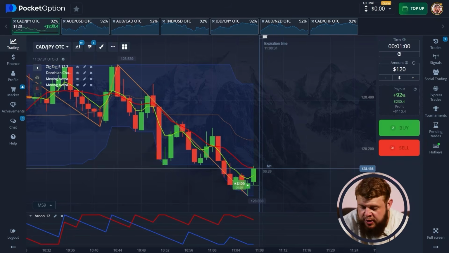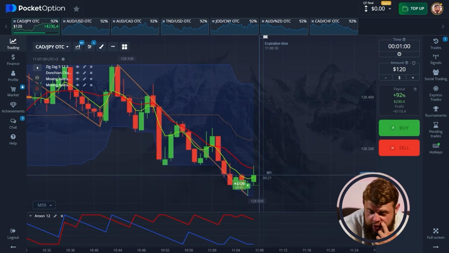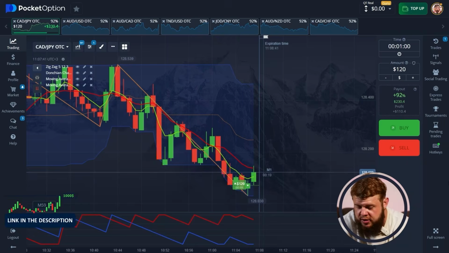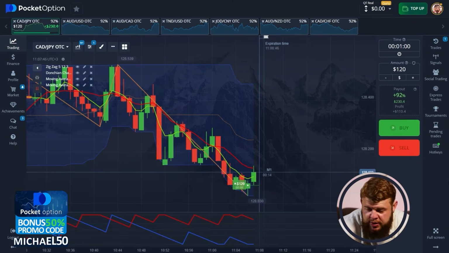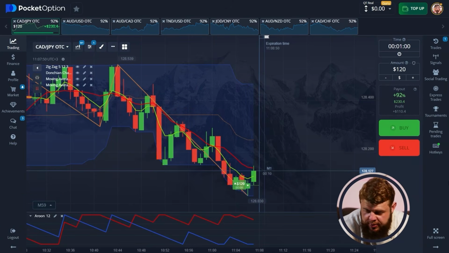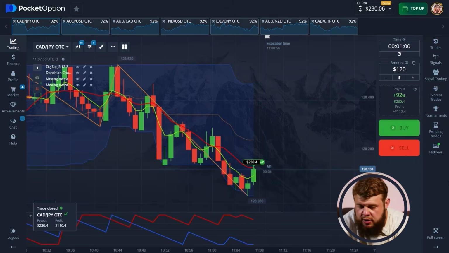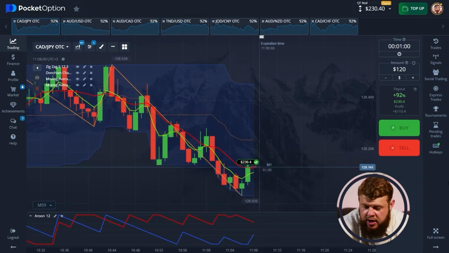And as you can see, immediately when we invested our money, price started showing the pullback growing reaction. So that's why we have invested our whole deposit in this trade, around $120, and now we're expecting to get cash from it, to get profit from it. And the first trade is closed with profit, and we have around $230 on the account, and we are ready to